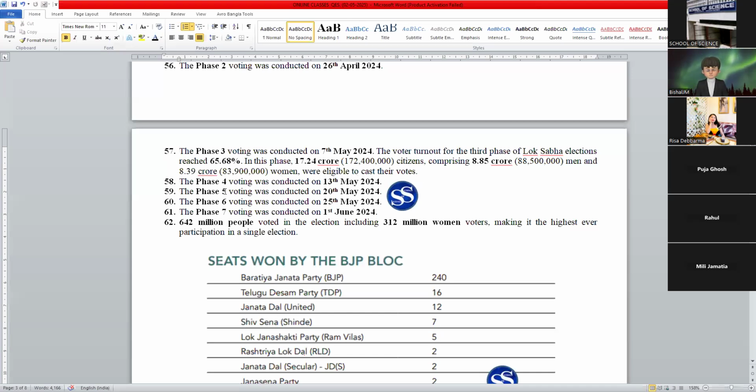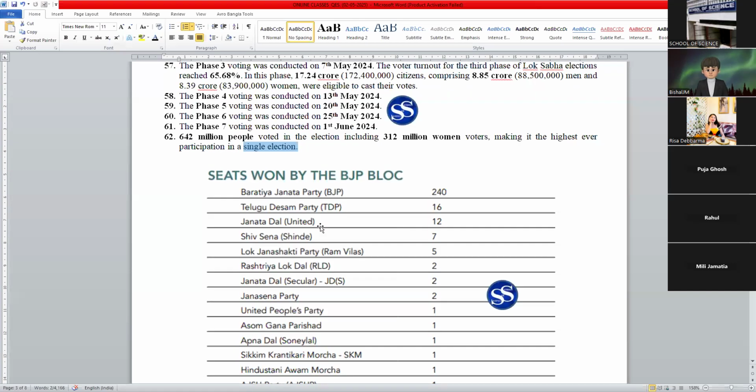Point number 58. The phase 4 voting was conducted on 13th May 2024. Phase 5 voting was conducted on 20th May 2024. Phase 6 voting was conducted on 25th May 2024. And the phase 7 voting was conducted on 1st June 2024. 642 million people voted in the election, including 312 million women voters, making it the highest ever participation in a single election. Now, as I had mentioned,